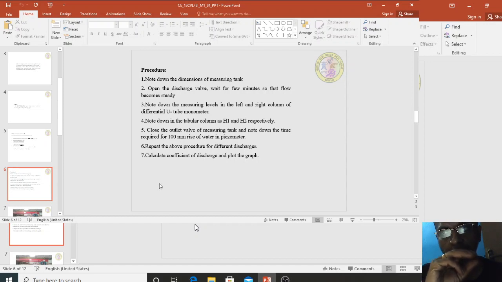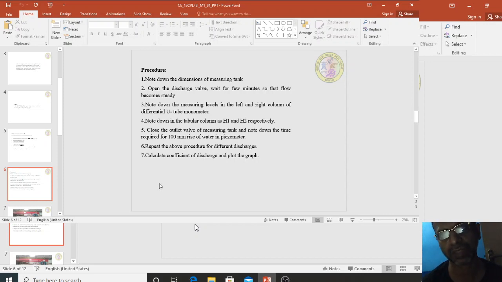So once it becomes laminar, a steady flow will occur. Then note down the measuring levels in the left and right columns of your U-tube manometer. The left column reading is capital H1, the right column reading is capital H2, and H0 is the difference of H1 and H2. Close the outlet valve of the measuring tank and note down the time required for